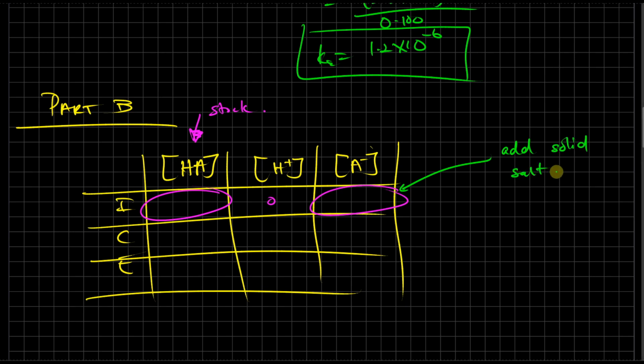And the great thing about adding a solid is the total volume doesn't change, so we don't have to recalculate our concentrations, but it means that we'll have to figure out the mass of the salt in grams and then calculate the moles of the salt and then divide that by the total volume to give us the molarity, right? But once we have the molarity from the grams to moles and then molarity, we have our starting concentration